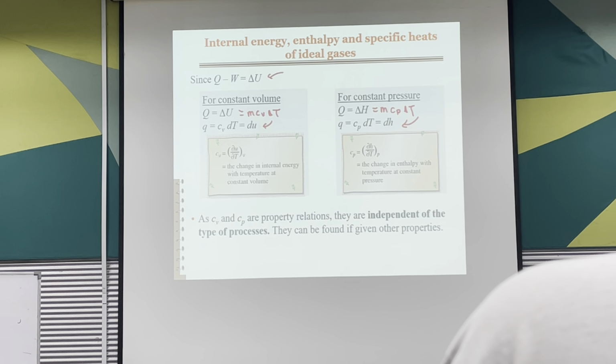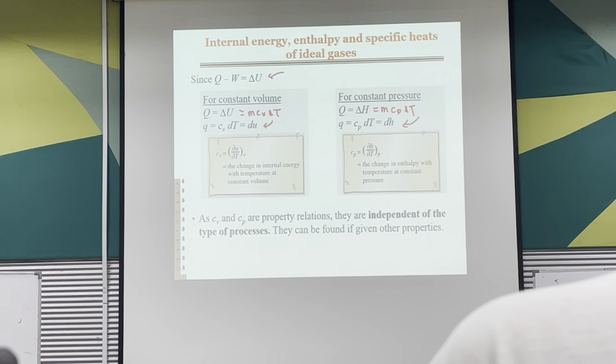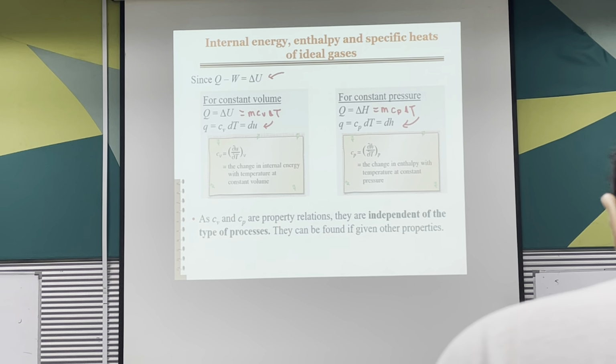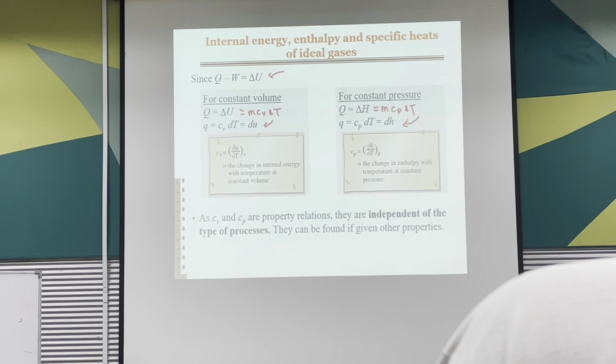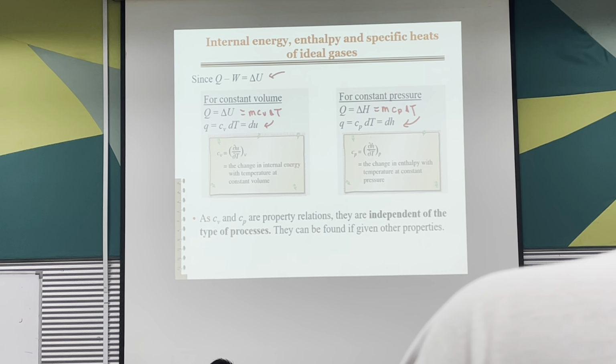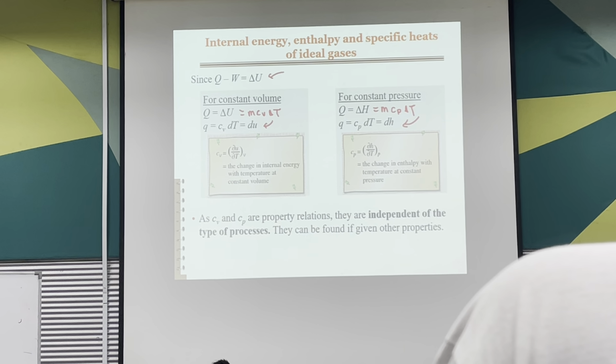So, as Cv and Cp are property relations, they are independent of the type of process. They can be found if given other properties. So for this one, we don't care what kind of process it takes place in. As long as you have the initial temperature and the final temperature, you can find the change in internal energy or enthalpy. One thing to take note of is that even though we derived this through a constant volume process and a constant pressure process,